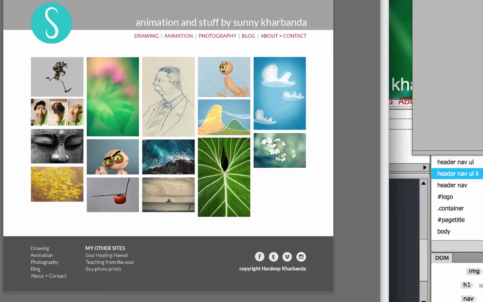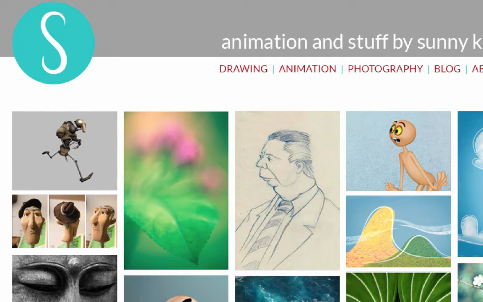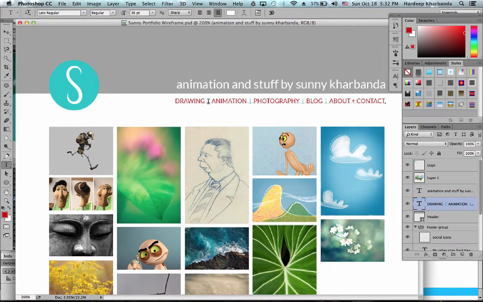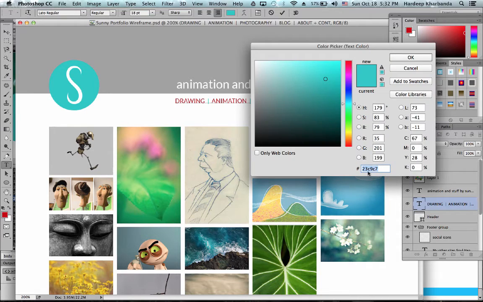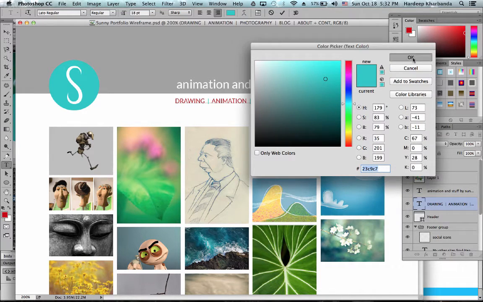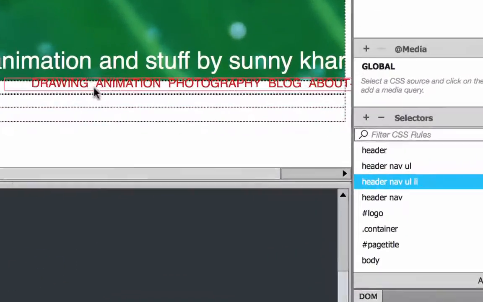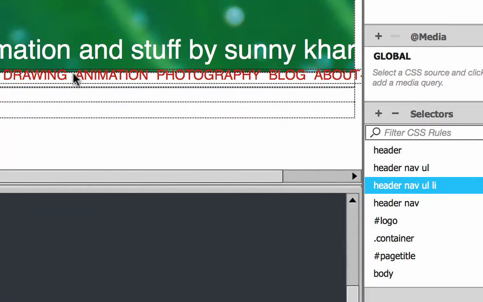One more thing that I want is to have these turquoise blue borders between my links. So I'm going to choose the color from here. And back in Dreamweaver, I'm going to assign a border to each of these list items.